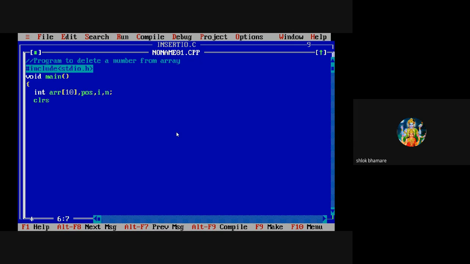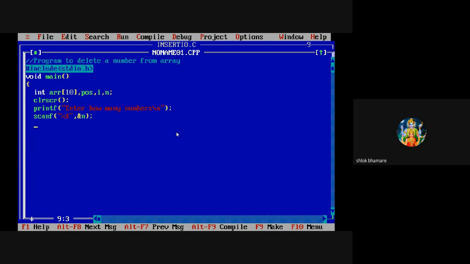Okay. So after declaring the variable, we have to write CLRSTR function. Now we will ask user how many numbers you want to store in array. So user want to store n numbers in array.